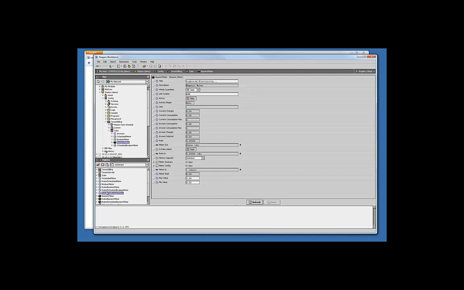Okay, and the same idea happens with the scheduled numeric meter, and then a rated meter